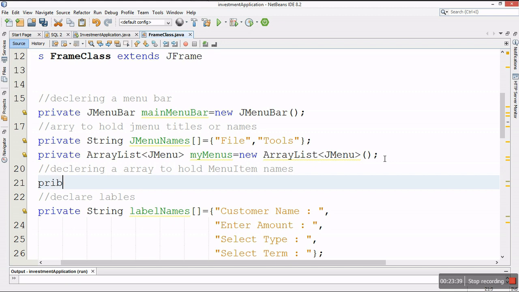I'll leave it as private. Now this one is going to hold string values, so it's going to be J menu item names, like that. It's an array. Now I'm going to populate this array with the values. So now the first one is going to be,